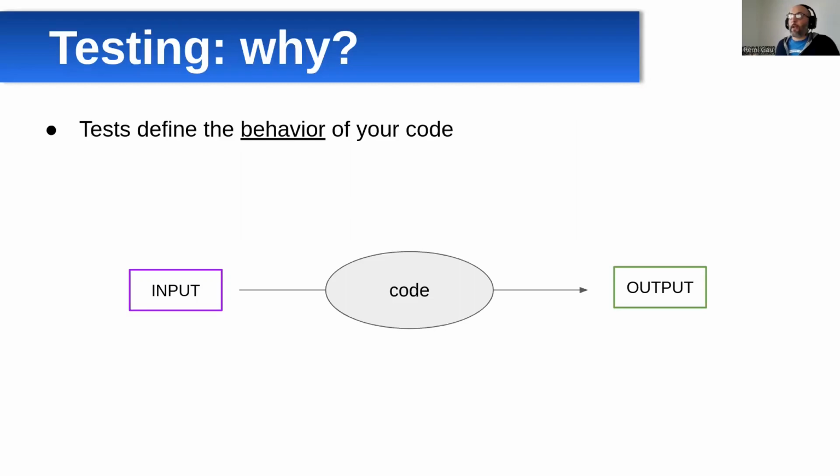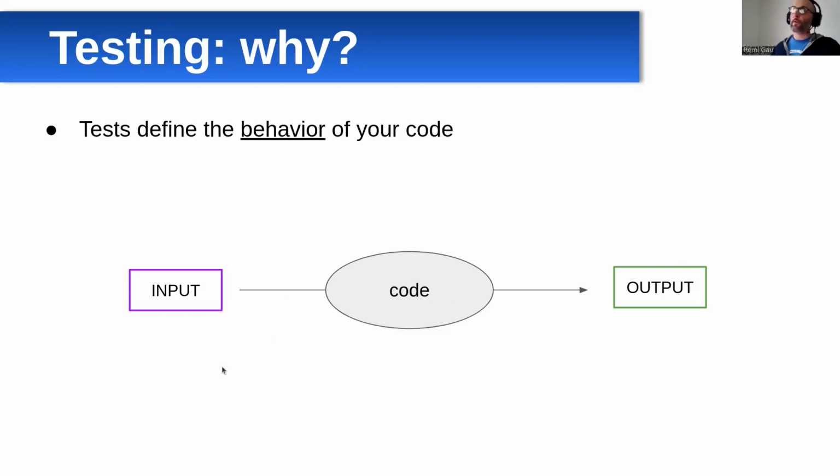What is actually a test? In a very simple way, tests define the behavior of your code. And what we in general mean by the behavior of your code is the following: your code is going to have a whole bunch of inputs. Most of the time it's going to be some data, but if you take a single function, for example, it's going to be a series of arguments with specific values. And for this given code and this given input, you are going to get specific outputs.